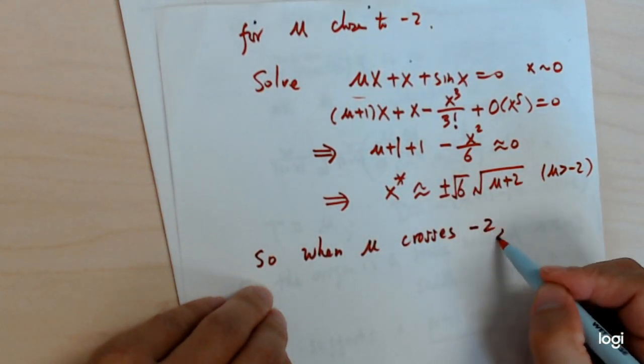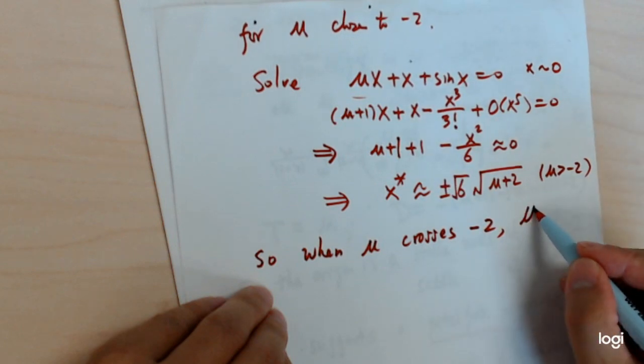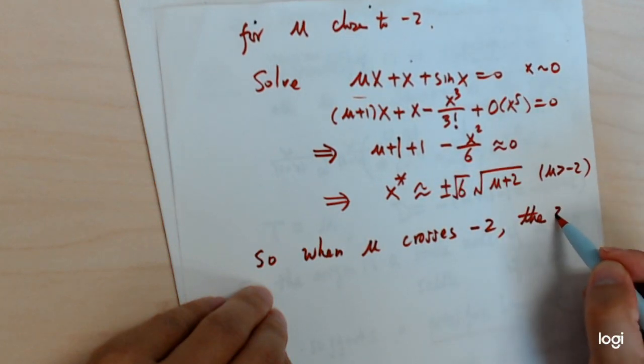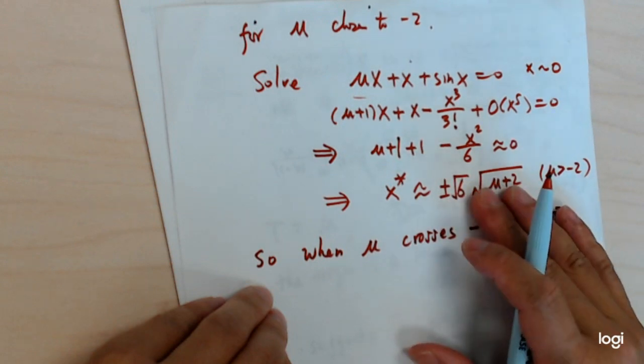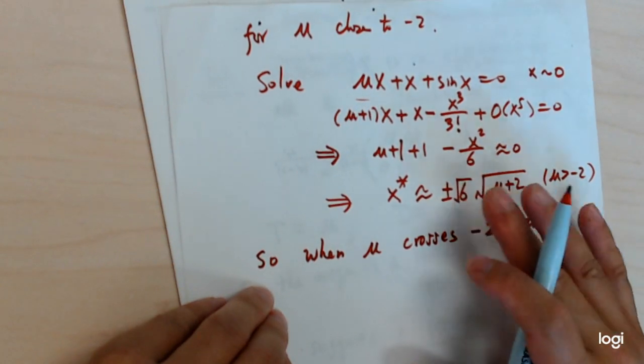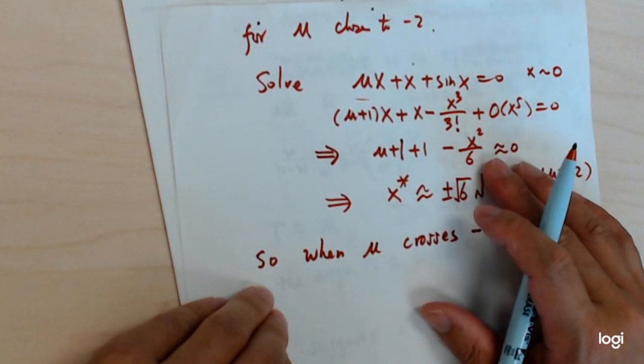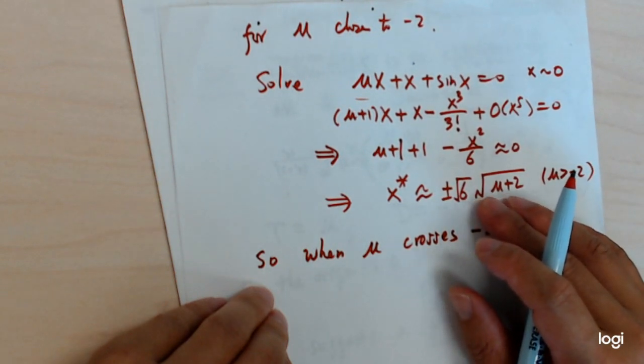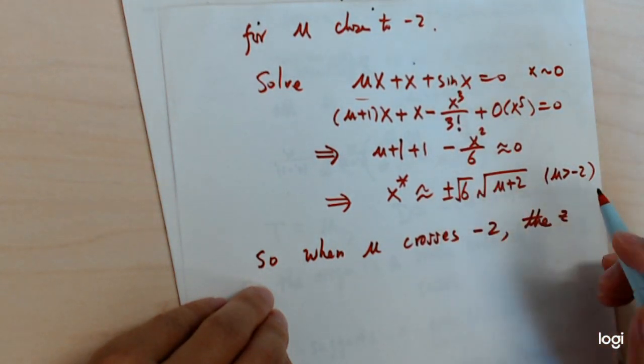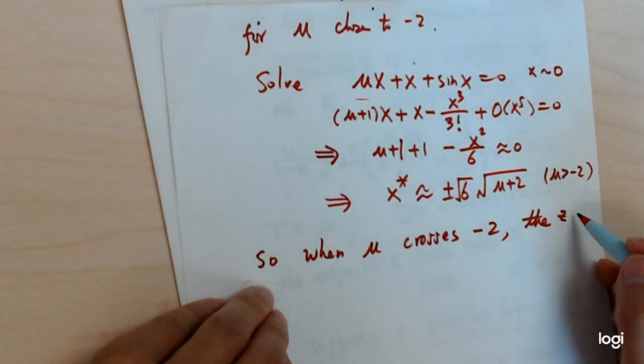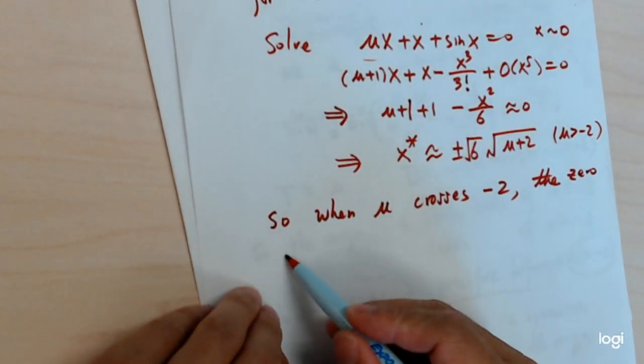Crosses -2. So we don't really have the exact formula. I'm not saying this is the exact formula, but based on this preliminary analysis, it appears there will be a pair of equilibria occurring,